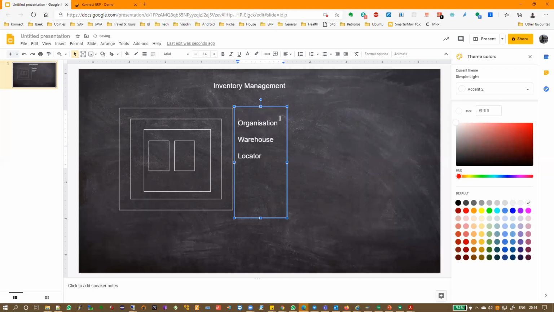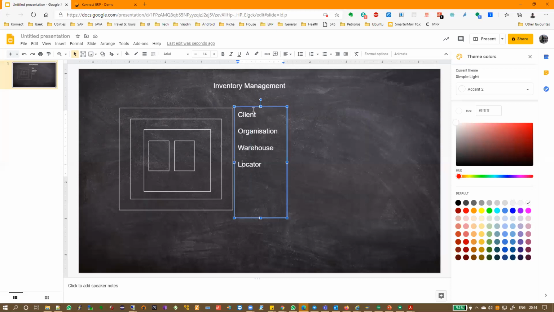And the topmost one is of course always the client. So we have a client, an organization, then a warehouse, and then a locator. Why is it circled like this? That means one locator will belong to one warehouse only, and one warehouse can belong to one organization only, and one organization, as you all know, can belong only to one client.